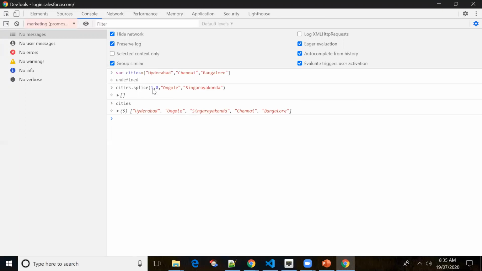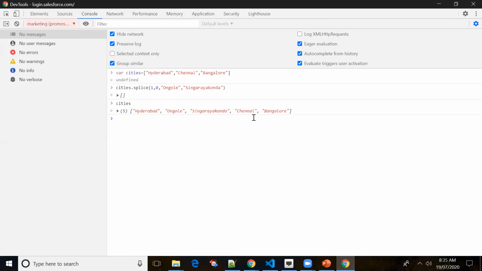This is the starting position where you want to add the elements. Earlier it was Hyderabad, Chennai, Bangalore. After the first element, I want to add Ongole and Singarayakunda. I don't want to remove any elements, and as you can see, we didn't remove any elements with splice.